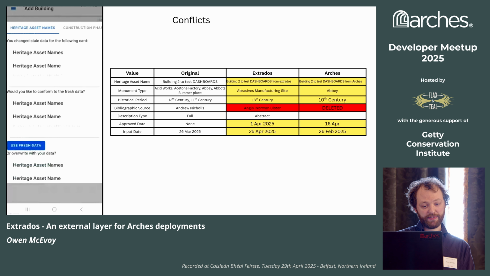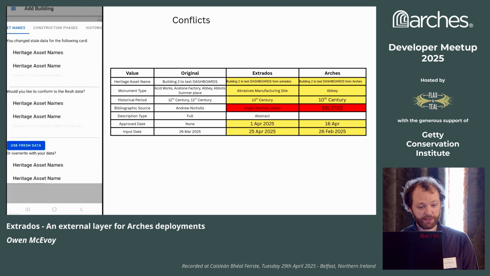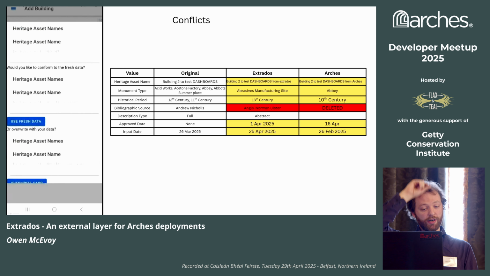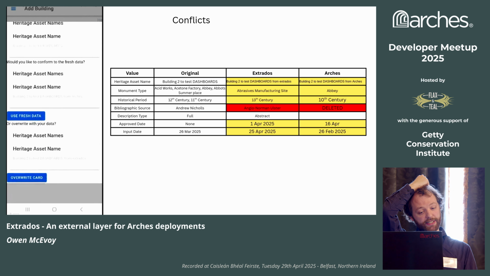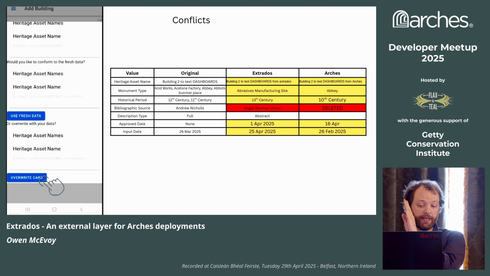Because we can see we've got 5 conflicts. Whenever we do them, I wanted to do this as simple as possible again. So we just list what the tiles actually have conflicts at the top. We show them what we changed, and then we just repeat the cards and say, do you want to conform to the fresh data, or do you want to overwrite this change? Either way, what's going to happen is our local storage resource is going to change to the most updated Arches, but if we hit overwrite,